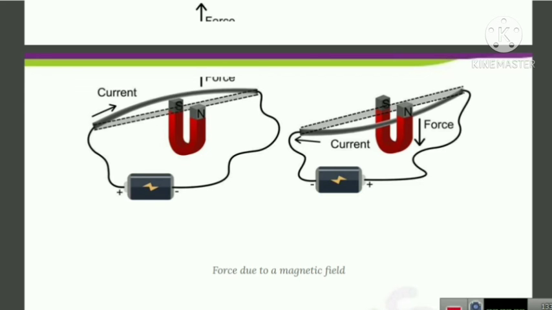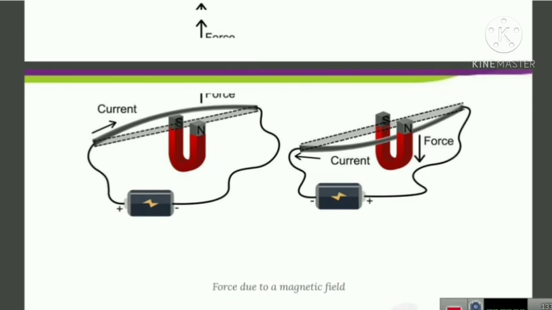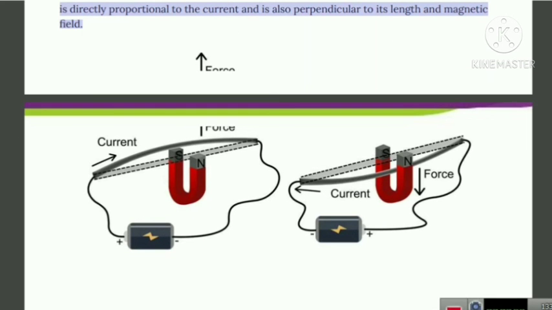When electric current starts to flow, here first there was a positive end, here there was a negative. At the positive end there is south pole, at the negative end there is north pole. So when we have connected in this way, then the force is acting perpendicular but in the upward direction. Here if we interchange the positive and negative end of the battery, and keep this horseshoe shaped magnet as it is, then the direction of the force which is acting is changed, it becomes downward.